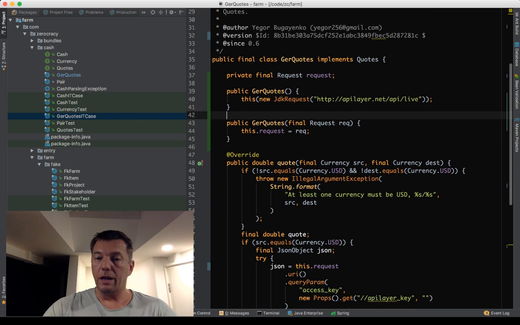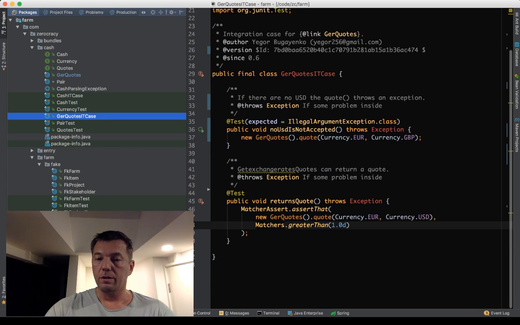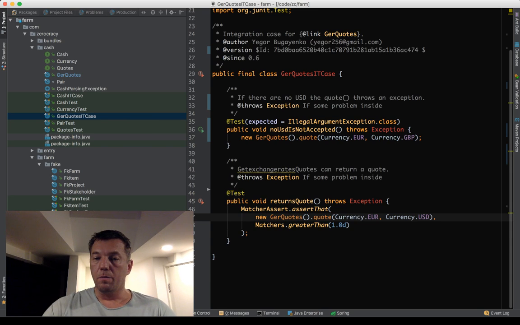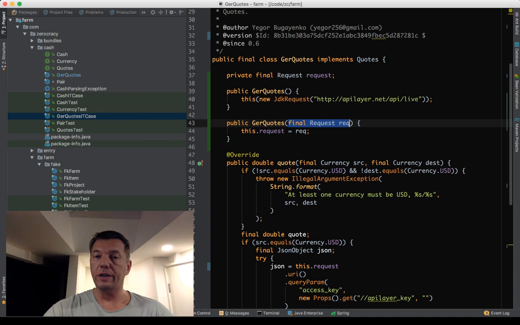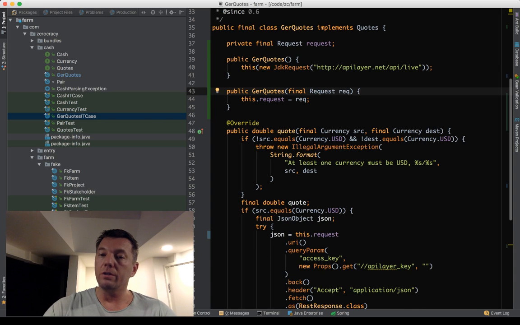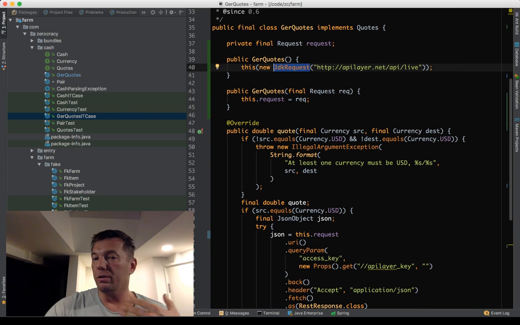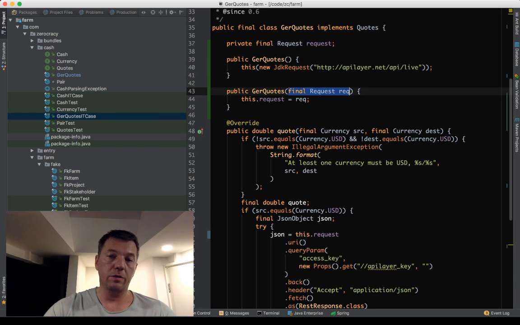What I did is I moved the operator new from the methods. It was staying here, remember? I moved it to the secondary constructor. That's all I've done. So now the test is still the same test. Look. But I can now use this constructor for the test and inject something which will not be a real request, which will not be something expensive, but I can inject a mock version, a fake object, a fake version of the request.